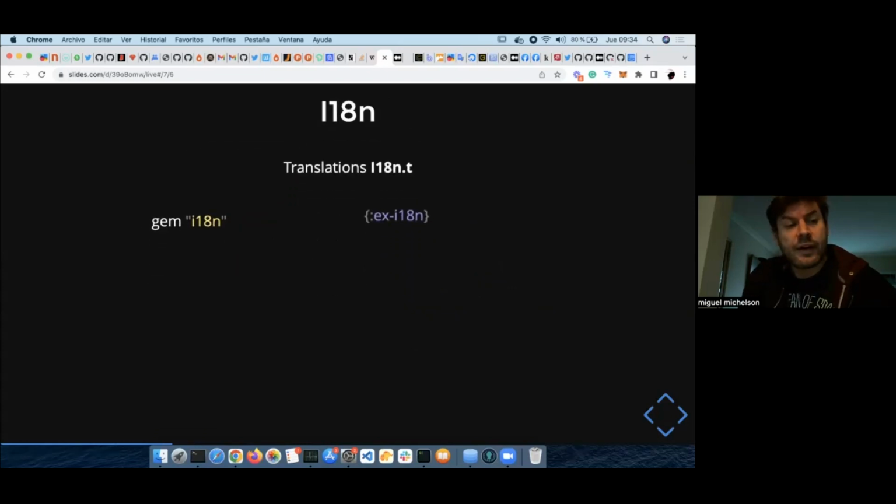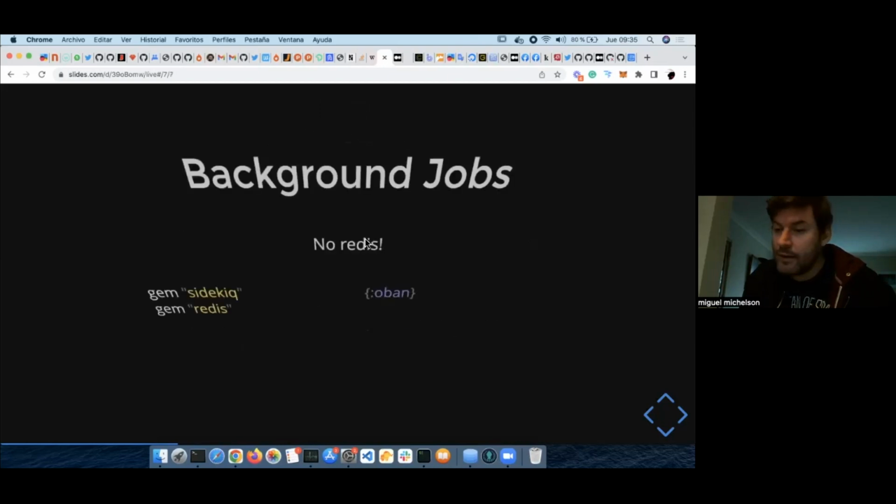We have the internationalization. So I chose something that's nearer to the Rails world, because Phoenix has integrated gettext, but gettext is not compatible with my application, at least. So I didn't want to rewrite so much in the front end or the back end. So I chose this alternative that's more similar to what we have in Ruby land.